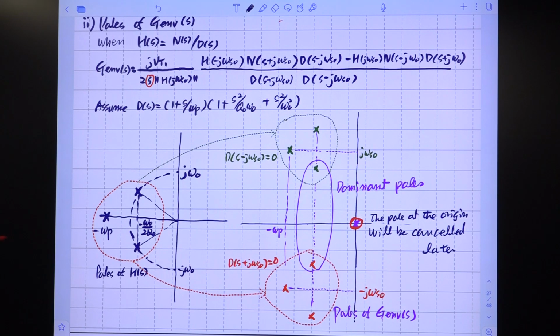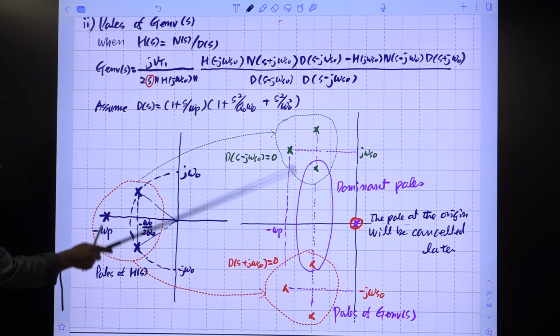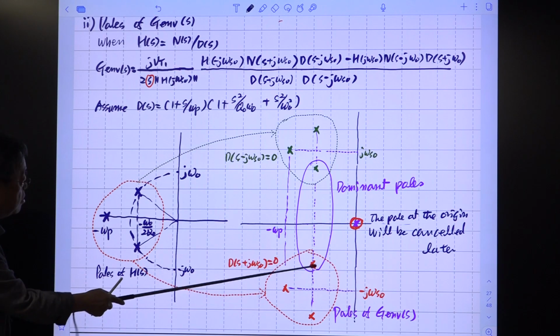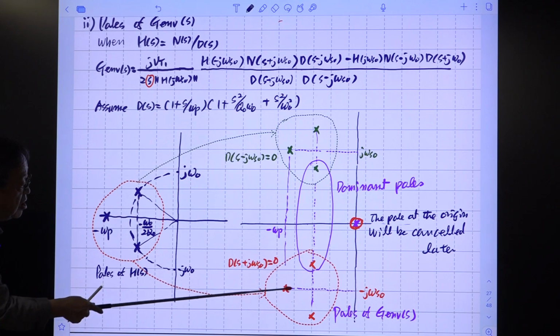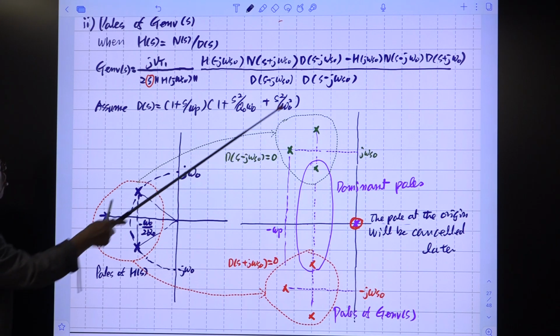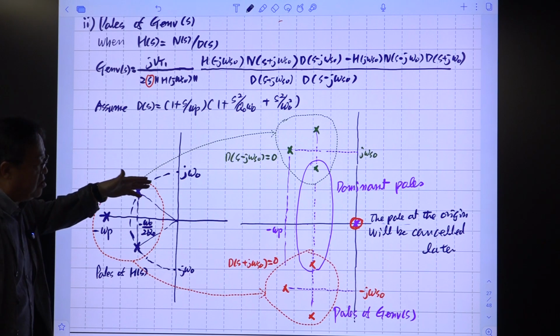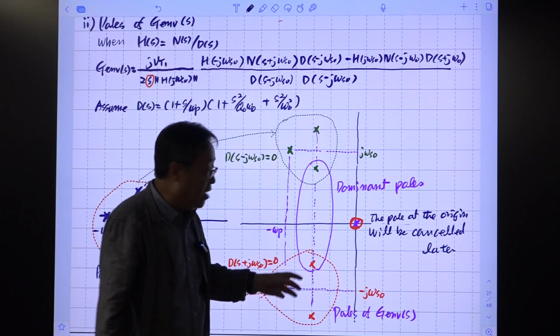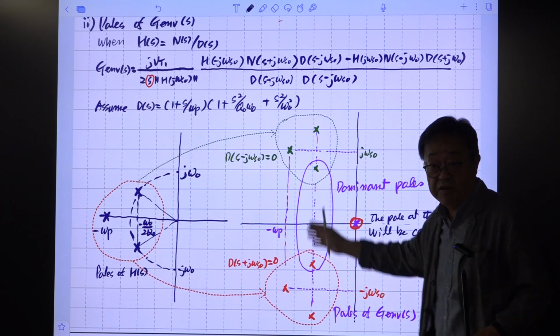So if you have this, you have 3 poles here, then this one will have 3 poles here, and that poles across here. Okay. So this term generates these 3 poles, and this term generates 3 poles, right? So the plus term generates poles in the lower part, and the minus term generates the poles in the upper part. We'll prove this later. Okay.